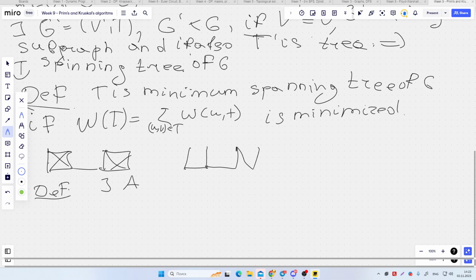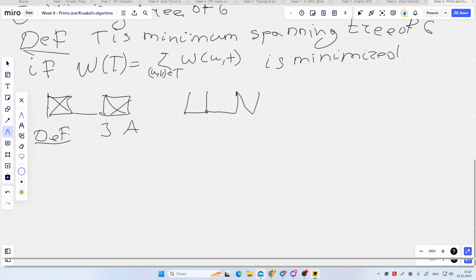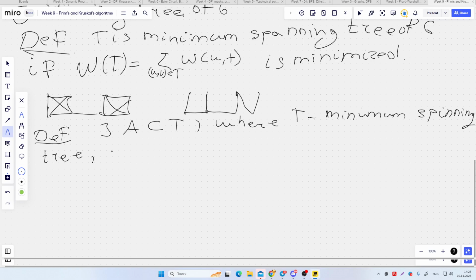Okay, and let A be a subset of T, where T is a minimum spanning tree. And the edge (u, v) will be a safe edge